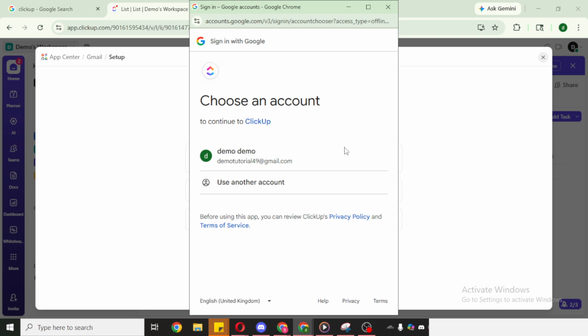To recap, open your ClickUp account, click More. Go to Apps, locate Gmail, click it, then hit Configure and follow the on-screen instructions. With Gmail connected, you'll be able to keep conversations and tasks aligned in one place, reduce context switching, and make sure important emails drive action inside ClickUp. If anything doesn't look right, revisit the Apps area to review the connection and ensure you're linked to the intended workspace.